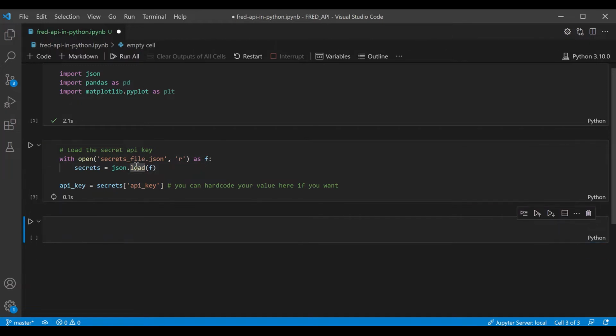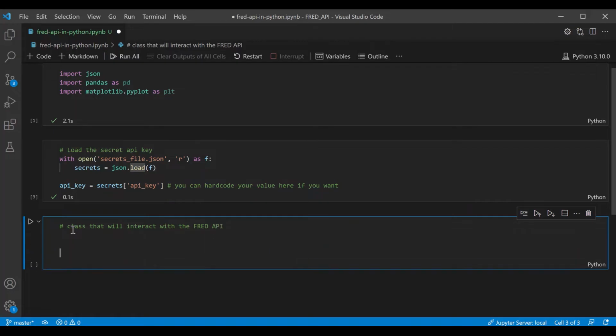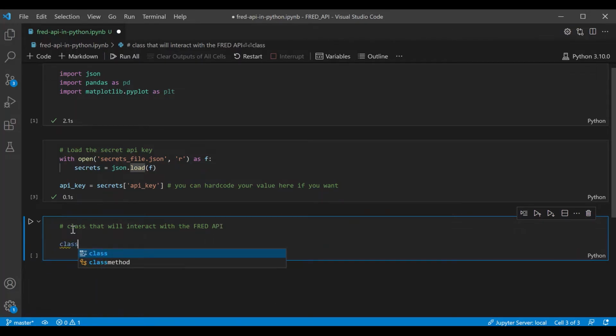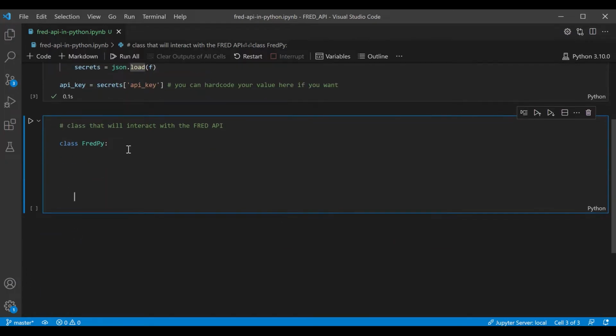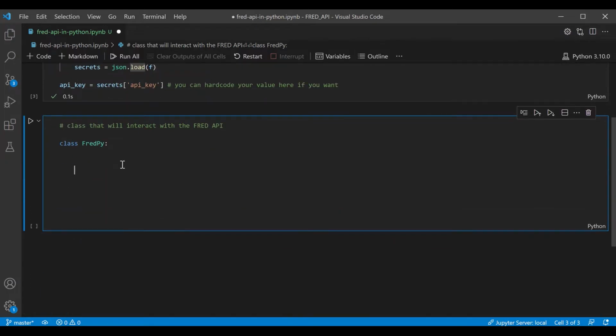And let me just run that again. So what we're going to do now is basically start writing the class that will interact with the Fred API. So we're going to do class Fred. I'm going to call it FredPy. And now the way this is going to work is we're going to